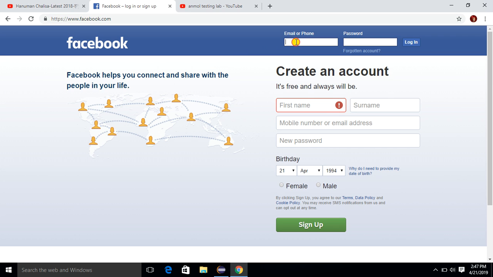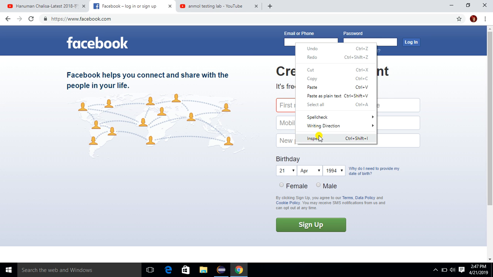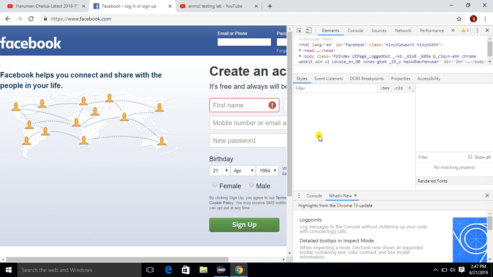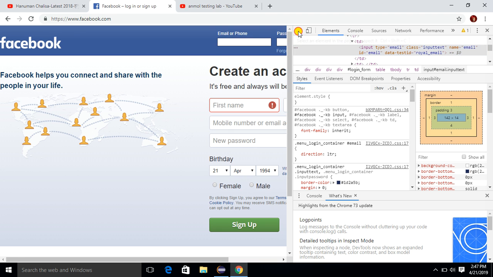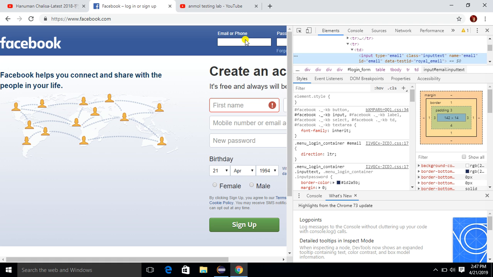First of all, you inspect the element, and inspect this field and find the name attribute. Here the name attribute is email. So write the code